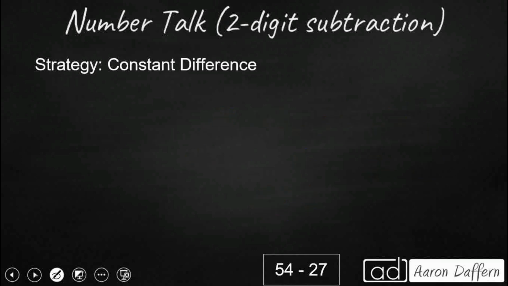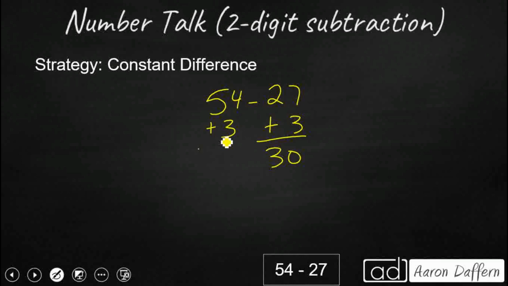We can also use a strategy called constant difference. And it's going to be kind of like what we did when we use compensation. So let's add 3 to 27, because if we can subtract 30 from something, that's a lot easier than 27. But in order to keep a balanced expression, watch, we're going to go ahead and add 3 to that 54